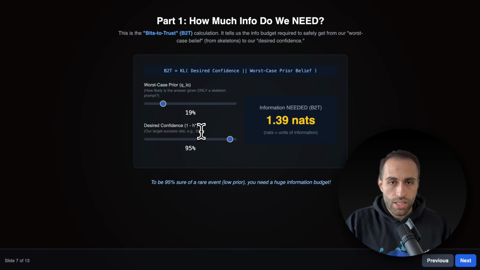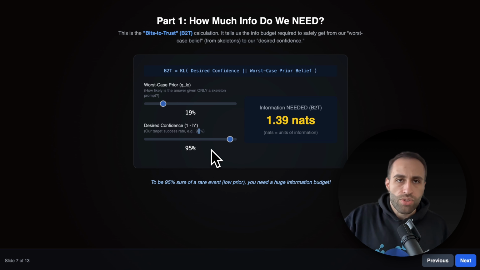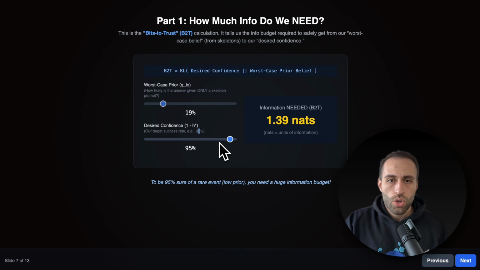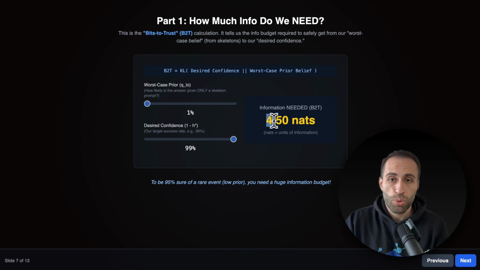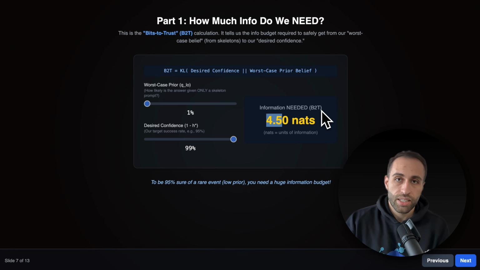want from the answer. Let's say here I want to make sure that 95% I want to have accuracy on the confidence of the answer. So with just dividing these two, we will calculate the information needed. For example, if the chance of having the answer directly from one of those skeletons or masked prompts is very low, and at the same time, I want a very confident answer, look at that. The information that you need to trust is 4.5,